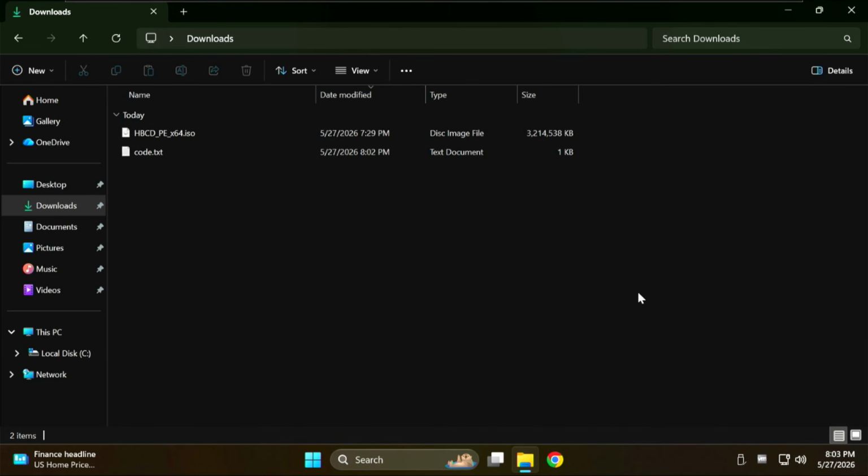Hello everyone. Today I will guide you on how to create a recovery partition, but the special thing is that it will boot into WinPE. First, you need to prepare the Hiren's BootCD ISO file, and prepare a hard drive partition large enough to store